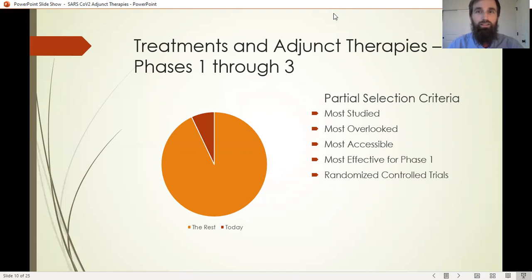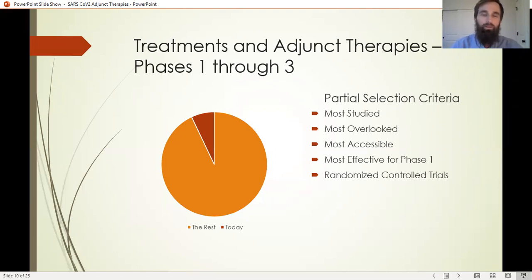So these treatments are most effective in phase 1, because you haven't got to the point where your immune system is attacking your lung function to the point that you need oxygen. So as a whole, all of the adjunct therapies, all of the additional treatments, or you could say natural remedies, all of those as a whole,